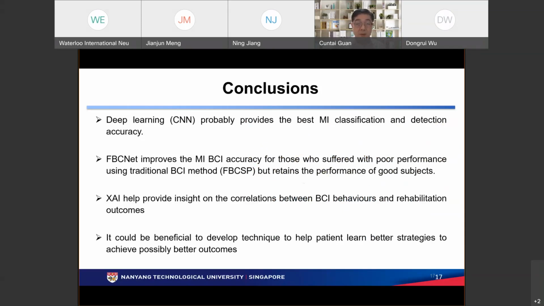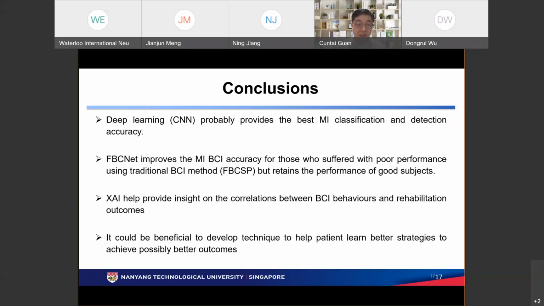And then we propose a modification of deep CNN called FBCNet, which will further improve the popular deep learning model and provide additional benefit for a group of subjects. I think one of the important things we need to keep in mind is that eventually we develop a system to help patients. This system hopefully will work for most patients, not just for a selective group. If everybody can use it, it will be more beneficial.